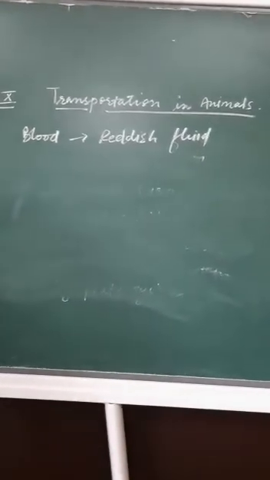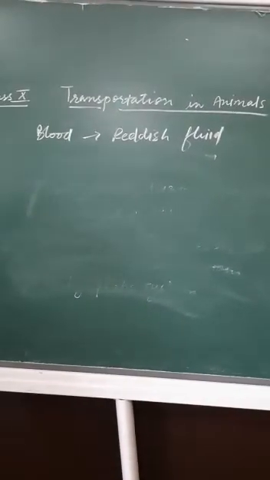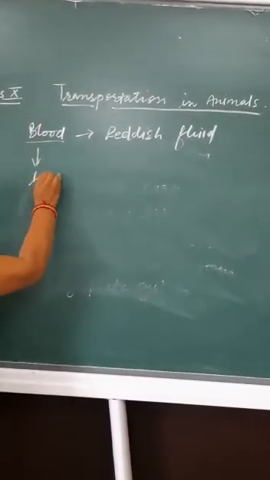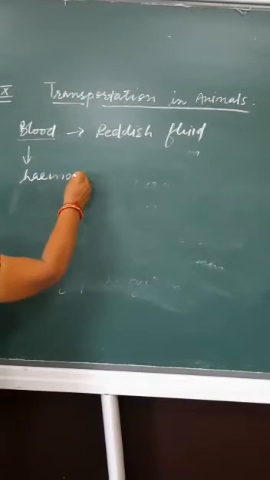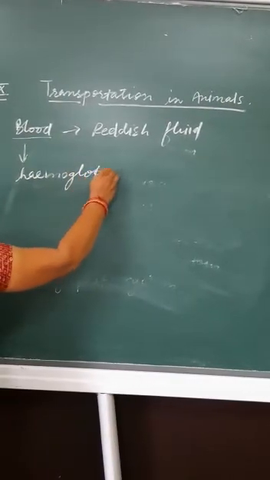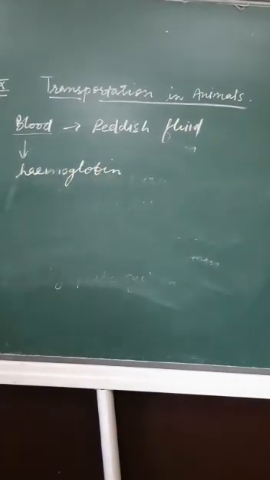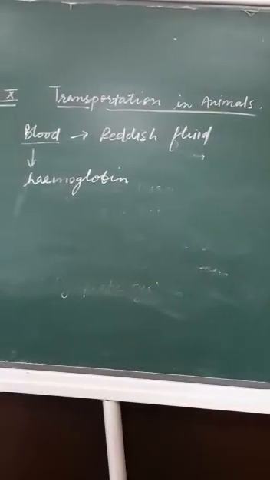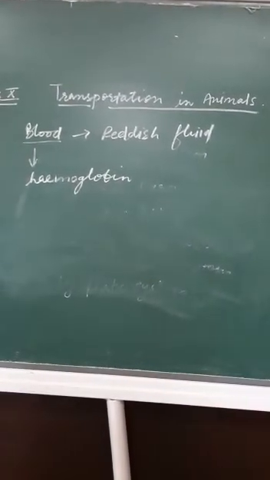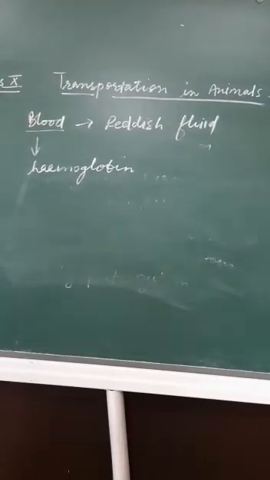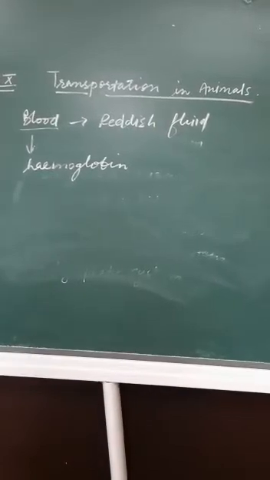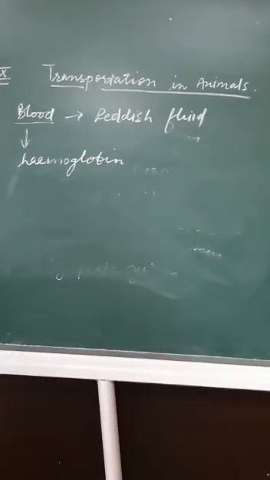So it means the blood carries oxygen attached to hemoglobin. The red color of the blood is due to the presence of the pigment known as hemoglobin, which helps to carry the oxygen to the different parts in the form of oxyhemoglobin, which is the oxygenated blood. And the blood carrying carbon dioxide, that is rich in carbon dioxide, is the deoxygenated blood which is to be removed from the body.